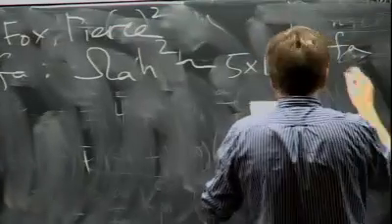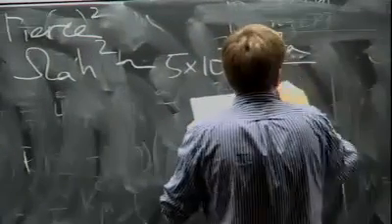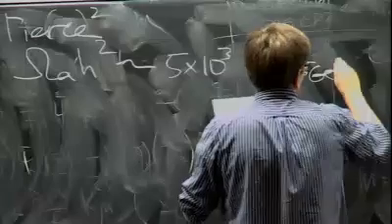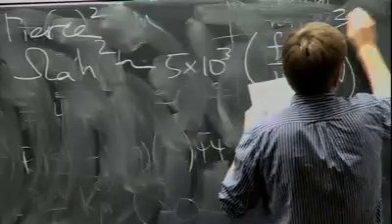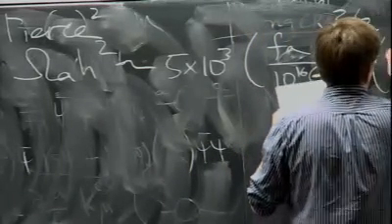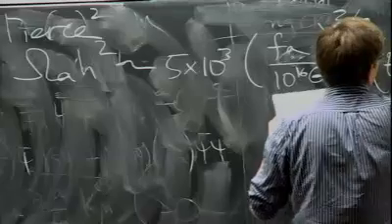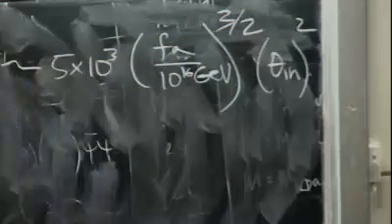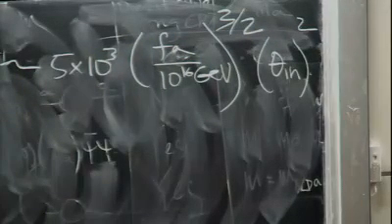So for large F_A, you get basically this type of behavior, where this is an initial displacement of the axion field in units of F_A, and for medium F_A,